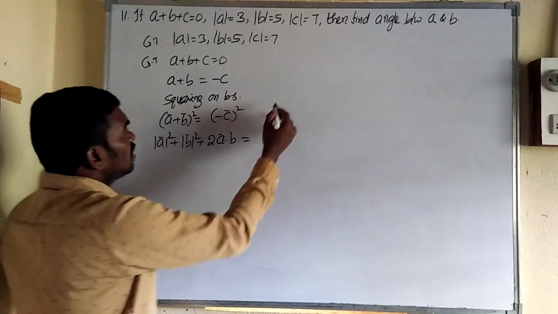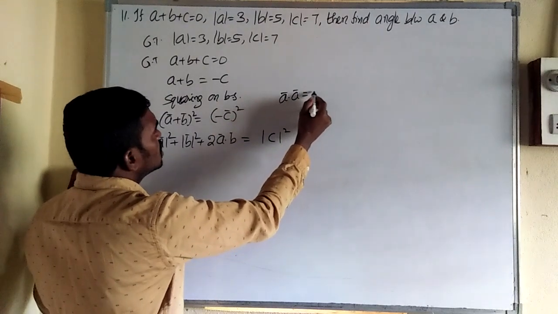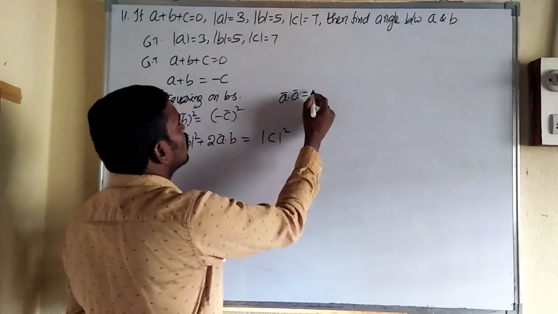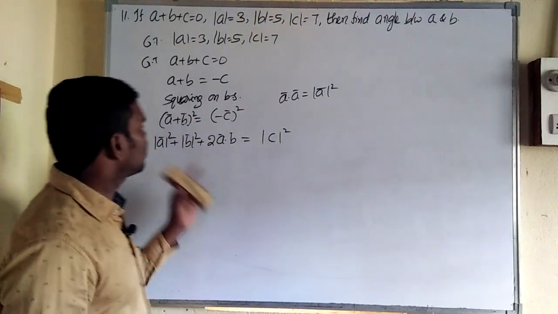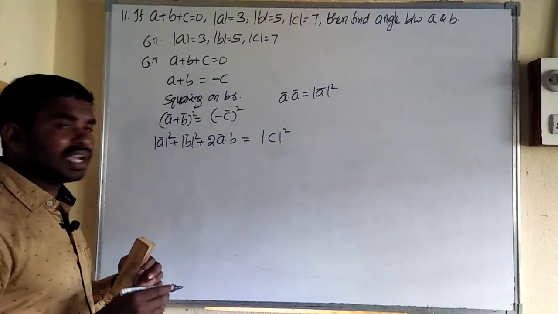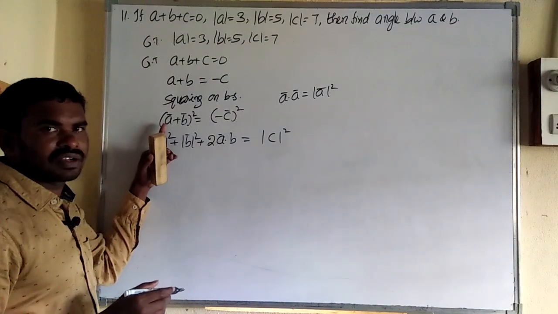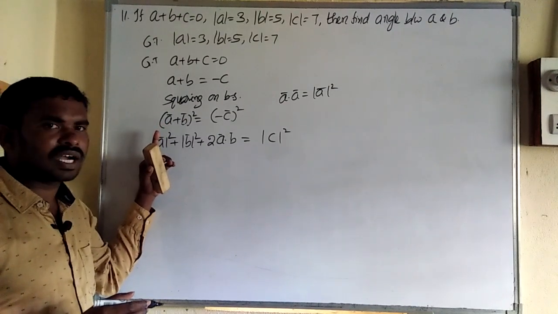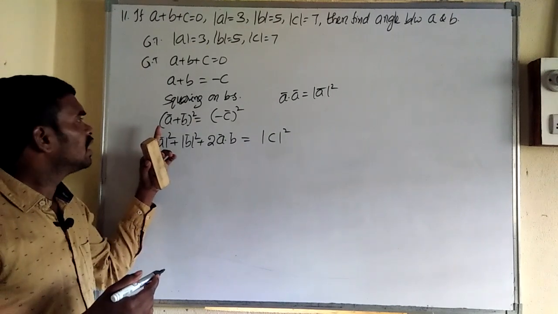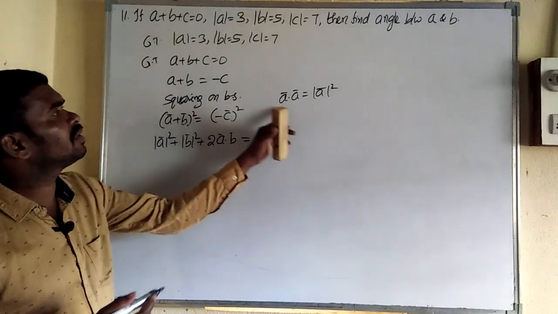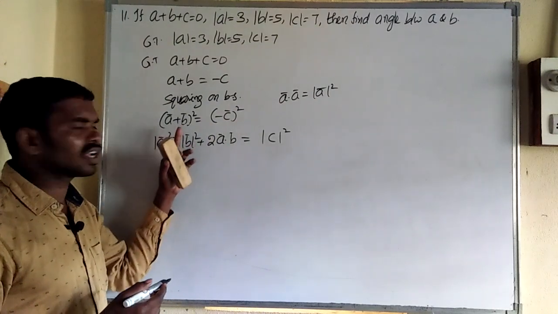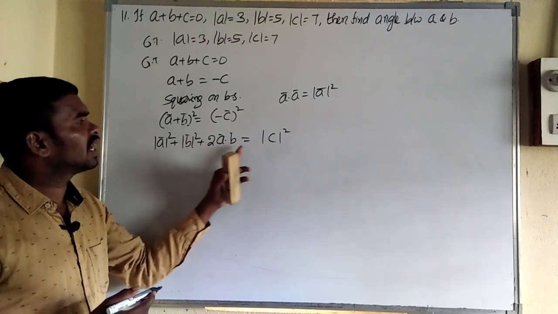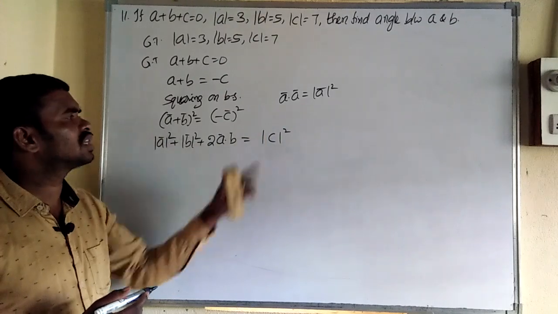Moreover, in vectors, A bar dot A bar is equal to what? Not A square, A bar dot A bar equals mod A square. That's why we have written it like this. Actually, we should write A square, and A square means A into A. In this product of vectors we should apply the dot product only, A dot A, which becomes mod A square. Similarly, B dot B means mod B square, and 2 A into B means simply A dot B. And C square means C into C, mod C square.